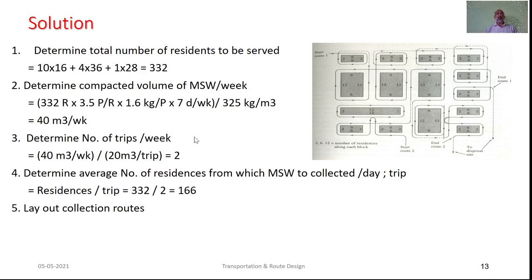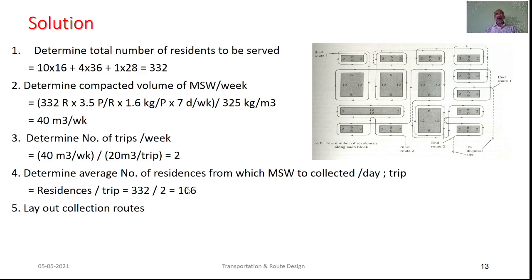If we wish to have that region served through two trips by making use of, say, a vehicle which has capacity of 20 cubic meter, that means here we have to have such two trips. So per trip the residences to be served is 166,